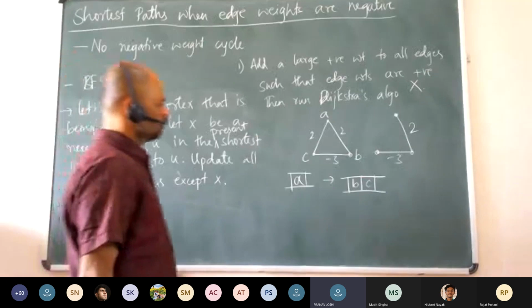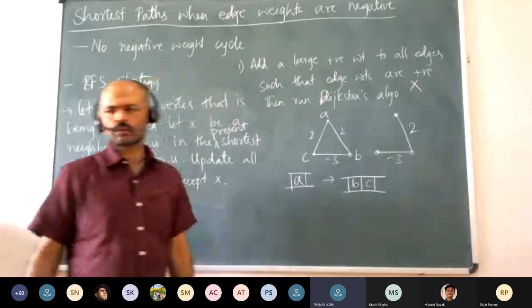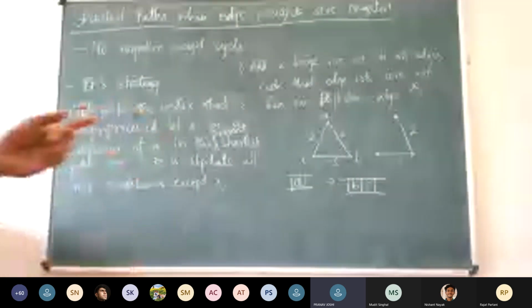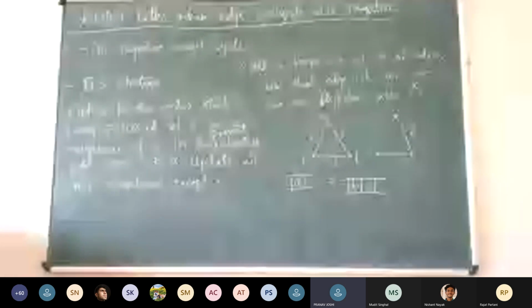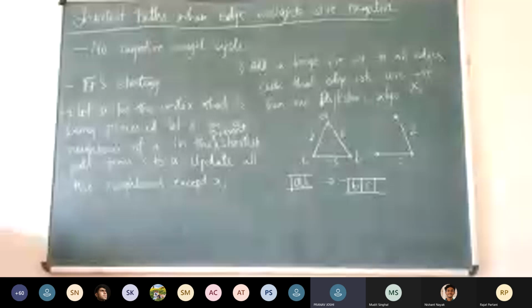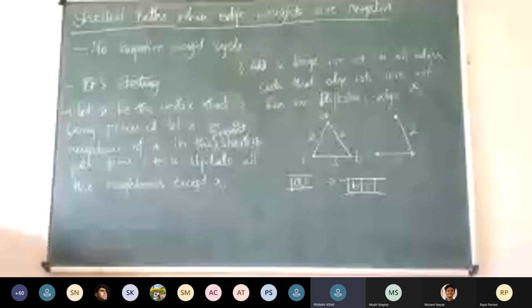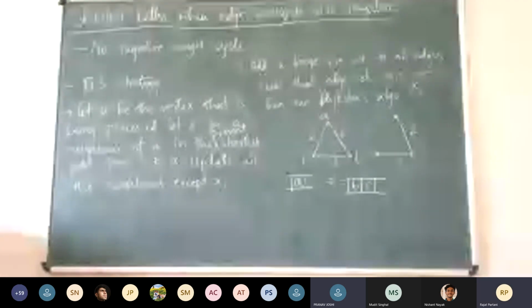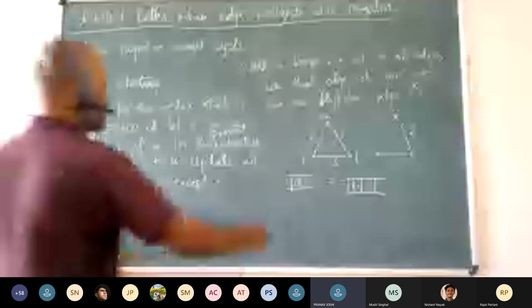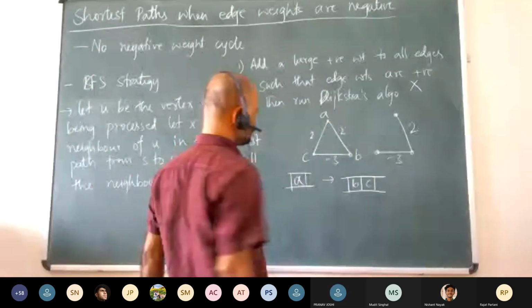So didn't we assume that there are no negative weight cycles? Yeah, there is no negative weight cycle here, right? Does a negative weight cycle mean all edges need to have negative weight, or just any edge? Any edge is okay as long as the sum of the edge weights is negative. So 2 is a cycle, -3 is forming a negative edge weight cycle. You need to sum up all the edges, right? Okay, sorry. There is only one cycle here. It is positive weight.